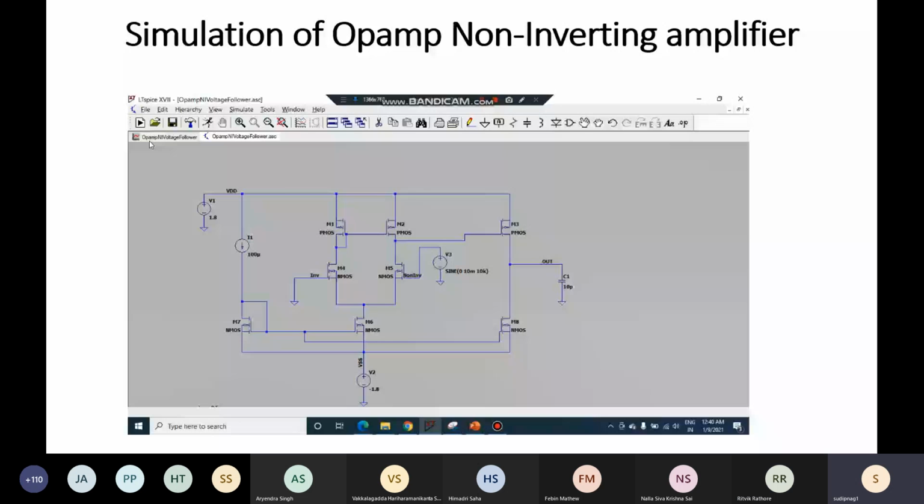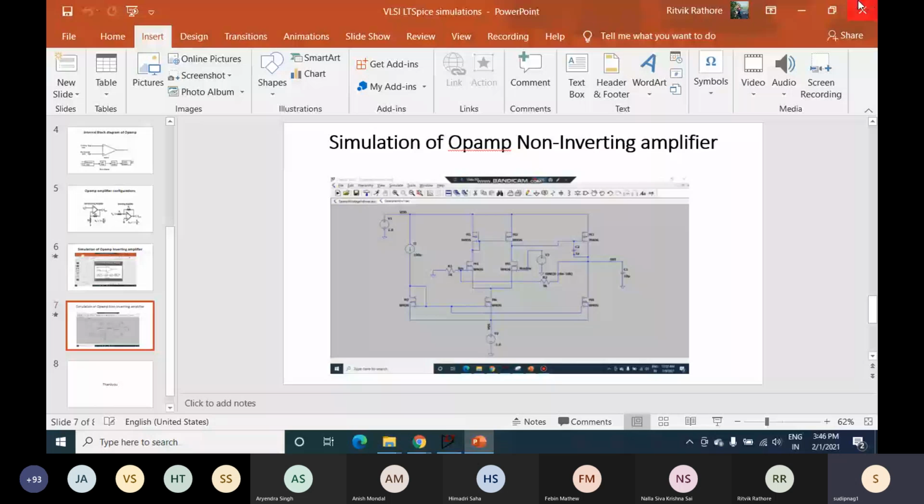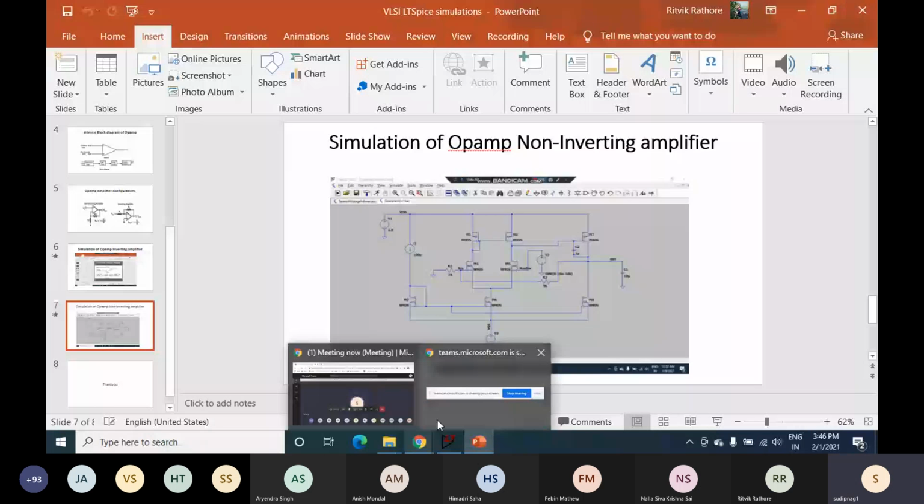Sir, I had a question regarding the previous experiment. Yeah, sure. Tell me. So the PMOS here is being used as a current source, right? Yeah, you can say as a current source load. Because it is being given a fixed bias, the VSG of the PMOS is fixed, and with the W by L ratio also fixed, it is acting as a fixed current source. True.